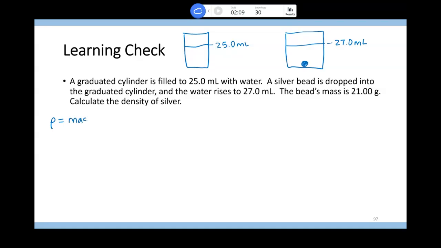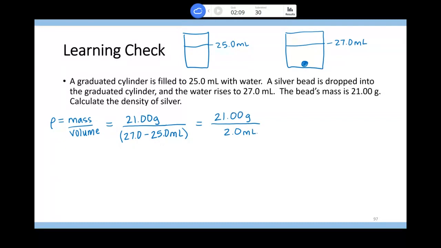So remember, density is mass over volume. We're given the mass is 21.00 grams. And then to find the volume, we use the other information that's provided here. So if we had a beaker with 25 mils of water, we add silver that has a certain volume, and the volume of the water plus the silver is now 27.0 milliliters. Then the volume of the silver is 27.0 minus 25.0. So to simplify this, we have 21.00 grams over 2.0 milliliters. If we calculate this, this is 10.5